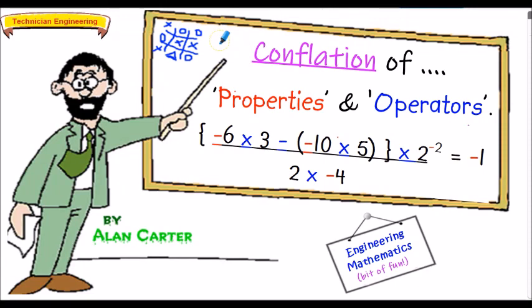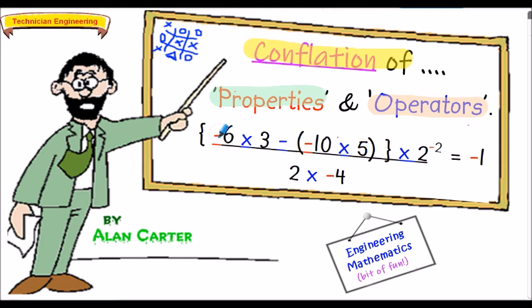Hello and welcome to this very brief presentation related to what I term conflation of properties and operators. I'll define these terms in a moment, but essentially they relate to mathematical terminology associated with arithmetic operations. For example, in the calculation shown below, we could describe this as, considering initially the curly bracket on the top